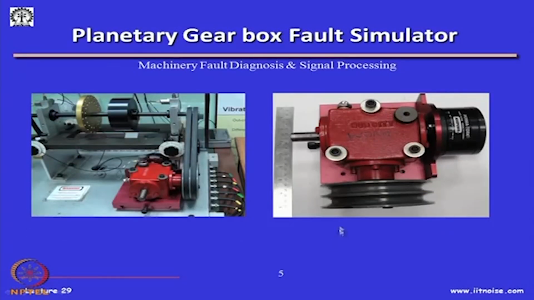So, this is a planetary gearbox, where inside it we have the gears which are worn, and this is how the gearbox is used in our fault simulator in the laboratory, where this is actually a motor driving the shaft, and to which we have the pulleys, which is the input shaft, and then this is the output shaft. At this end you will see a clutch device, a magnetic clutch, which is used to load the gearbox. This kind of gearbox is used in our lab for the studies,